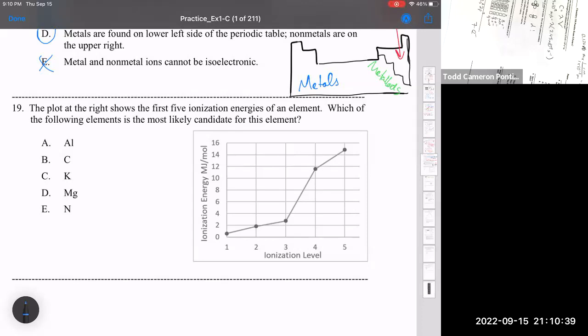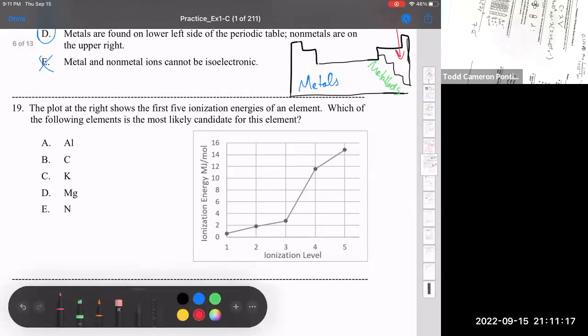Why is the energy spiking so much? Why does it take so much more energy to remove that fourth electron than it takes to remove the third one? You both are correct. Sorry, I was very vague with my pointing. What is happening here is these first 3 electrons are valence electrons. They're on the outside. Once the first 3 are removed, we have noble gas configuration and it's really stable. But we have this massive spike here